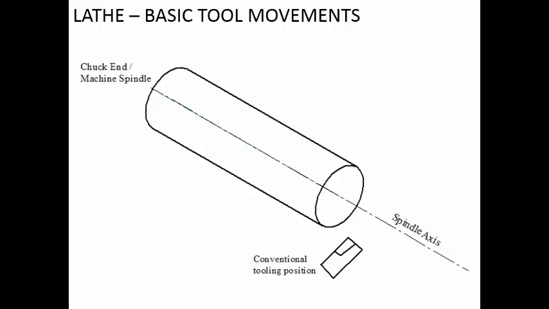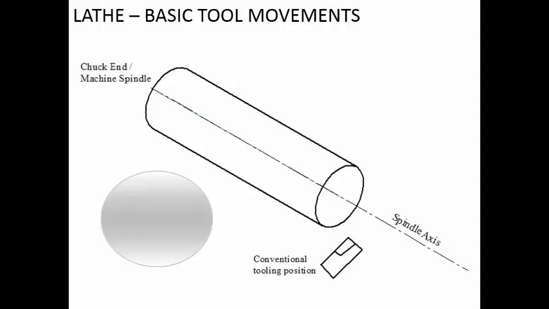On the conventional lathe, you are having the spindle axis, and the workpiece mounted in the machine spindle or the chuck. If you are having a human person who is operating it, he is usually standing on this side. You are having the carriage on top of which you are having the cross slide, the tool post, and the tool. Now by rotating the different hand wheels, the tool can move along the workpiece, or it can move in a curved fashion. It can move parallel to the axis. So it can move in any